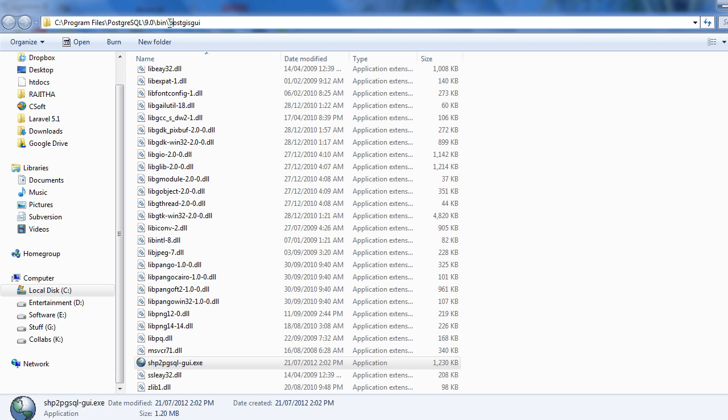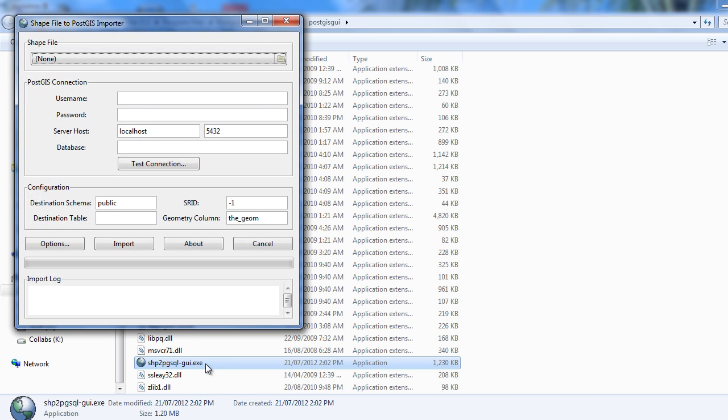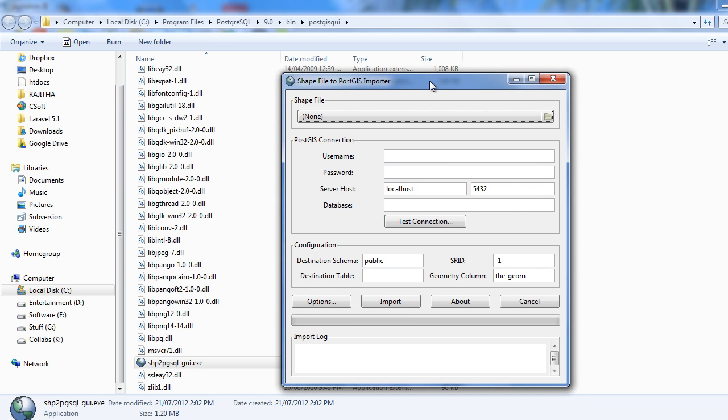There's another folder called PostGIS GUI. Under this folder hierarchy you can find this shape to PGSQL GUI. So run this file and this will open the GUI loader.